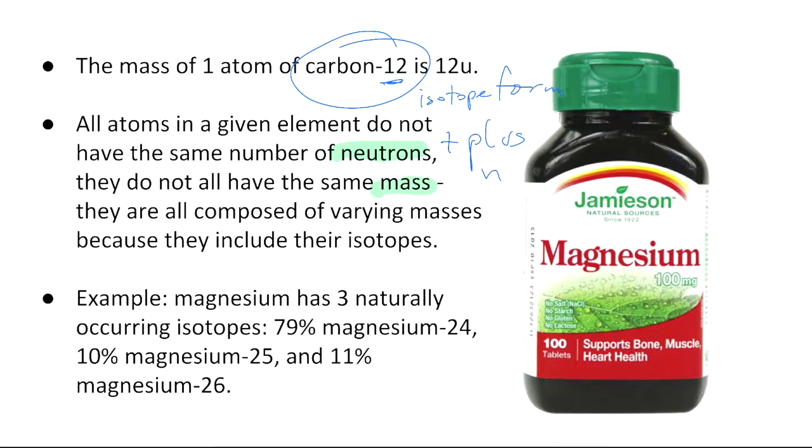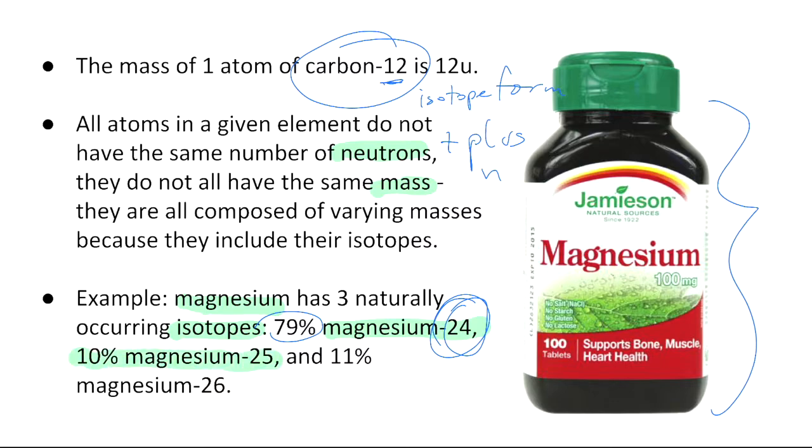For example, magnesium contains 3 naturally occurring isotopes. Let's take, for example, this supplement of magnesium that supports bone, muscle and heart health. 79% of the magnesium in this bottle has an atomic mass of about 24. 10%